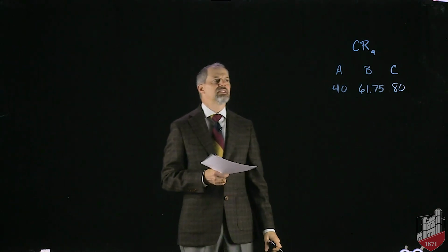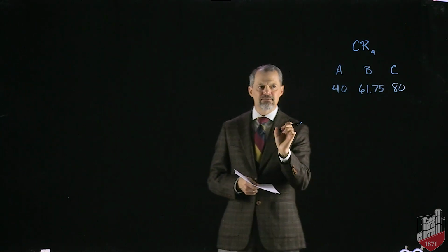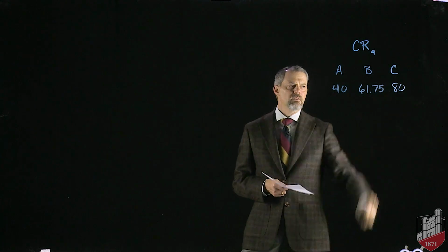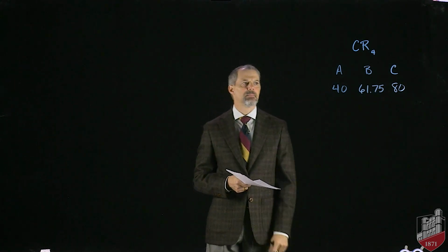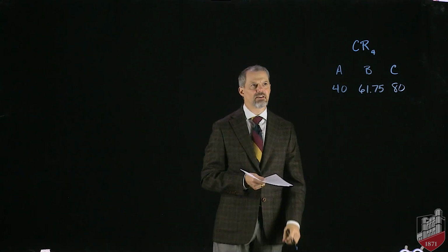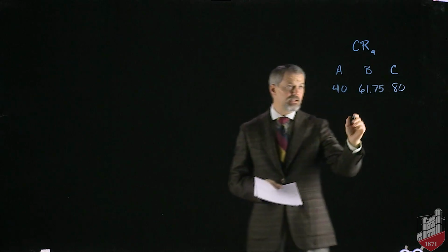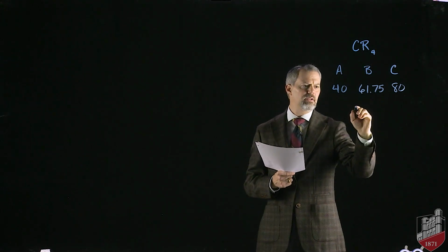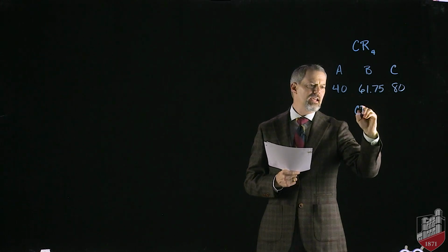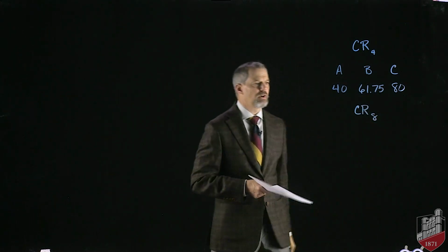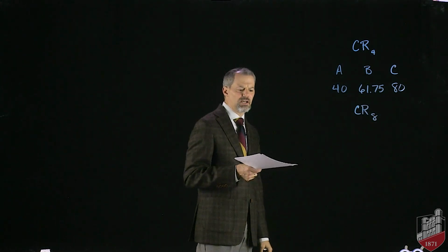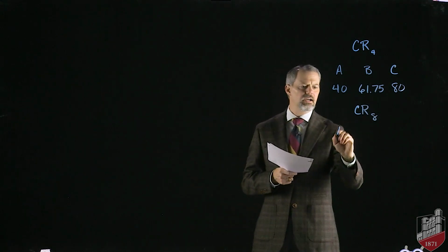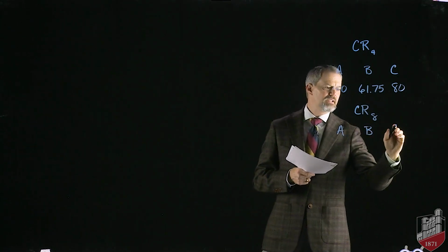So you can see that at least for the first four firms, market C is more concentrated than the other two. Let's think about that. You could calculate a concentration ratio for any number of firms, but 4 and 8 are common. So if we thought about the 8 firm concentration ratio, what it would look like between A, B, and C